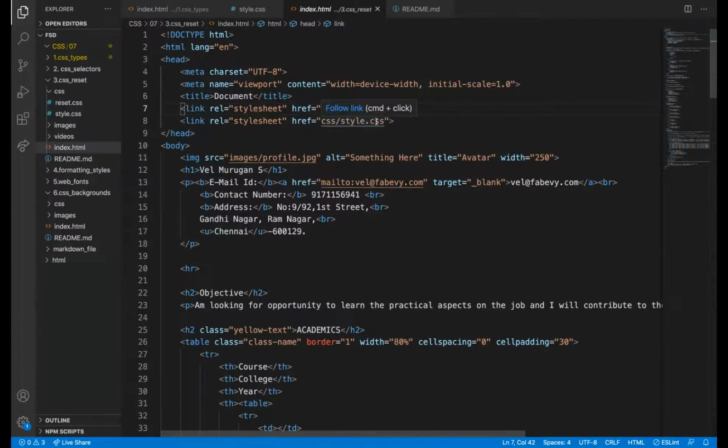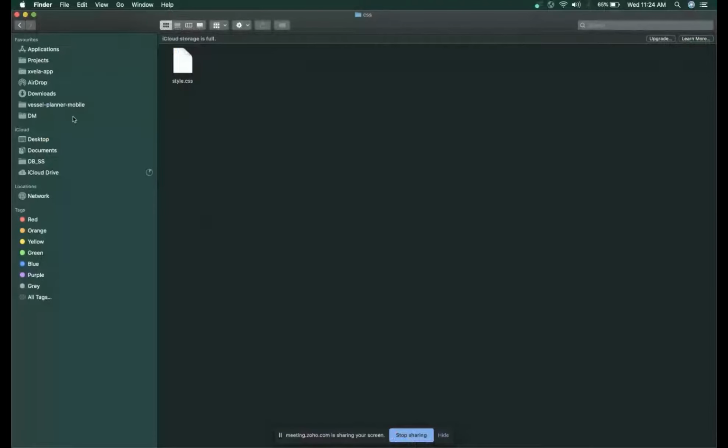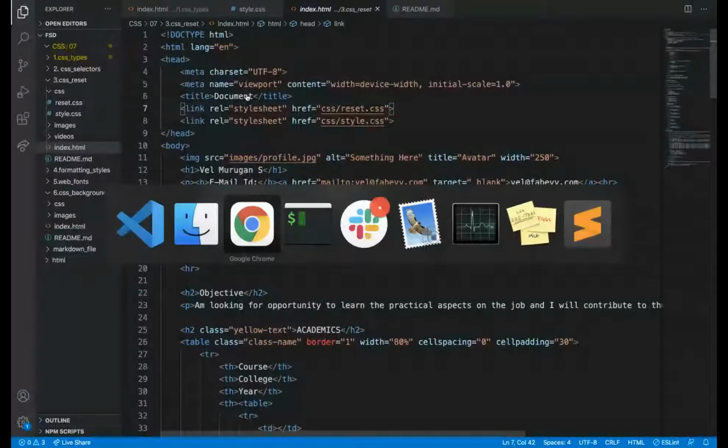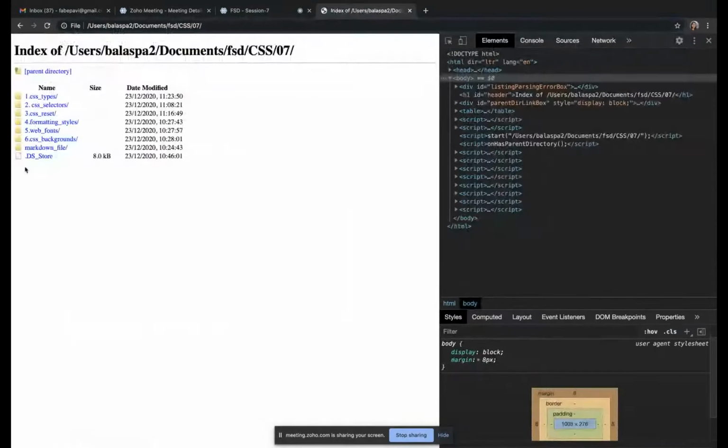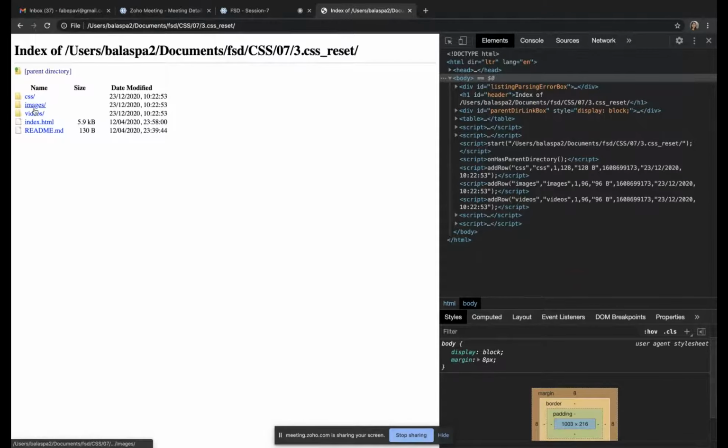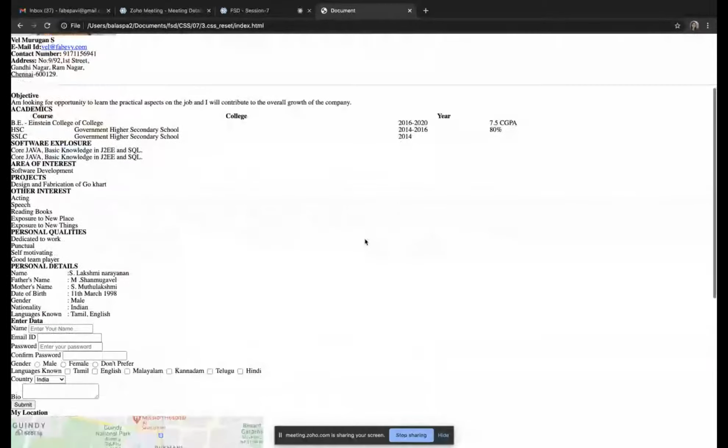We will see now. We will open this file. We will see here itself. What I'm going to do is open reset index.html. See, previously how it was adding some spaces and all. Now I have completely removed those. I don't want them, because it may be inconsistent according to the browser.